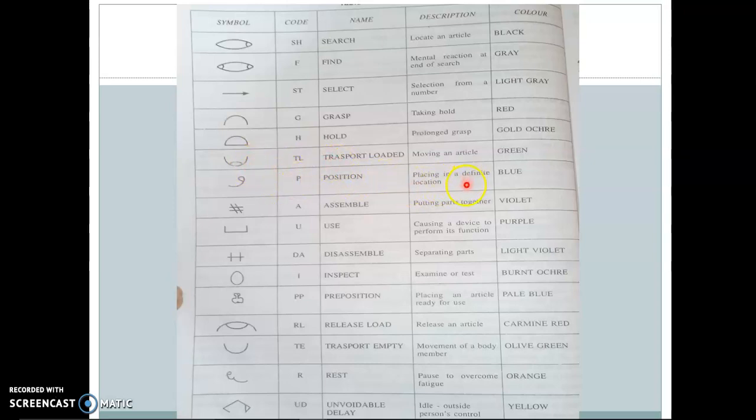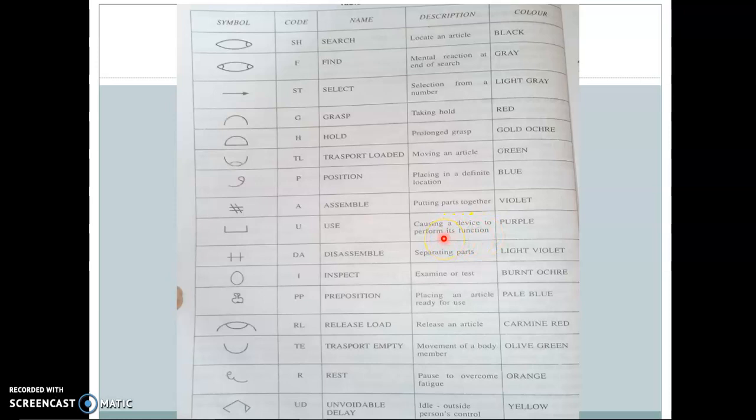Now if we have to perform an activity for placing an object, at that time we use the code P with this symbol, which is for positioning. The color is blue. For assembly, that is putting two parts together, we use the symbol reverse hash or letter A. For use, you can use the code capital U, which is causing a device to perform its function.